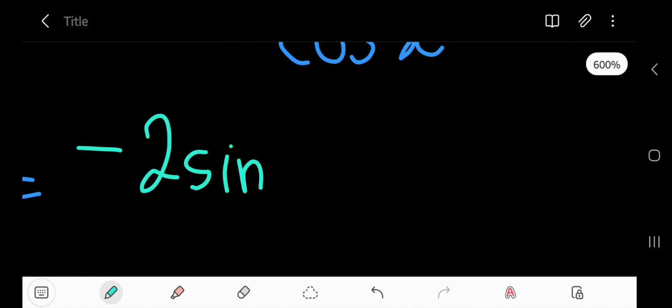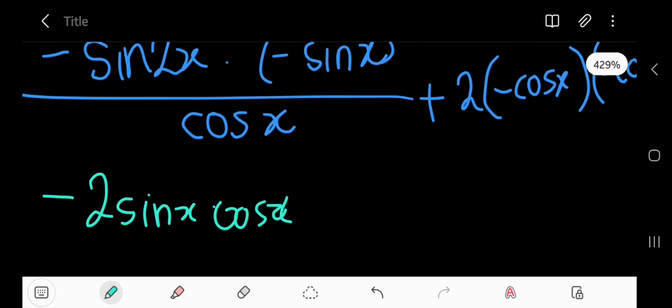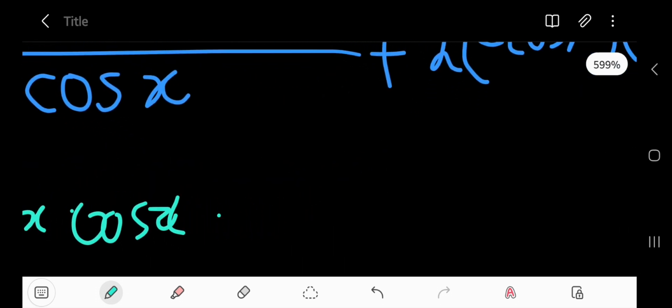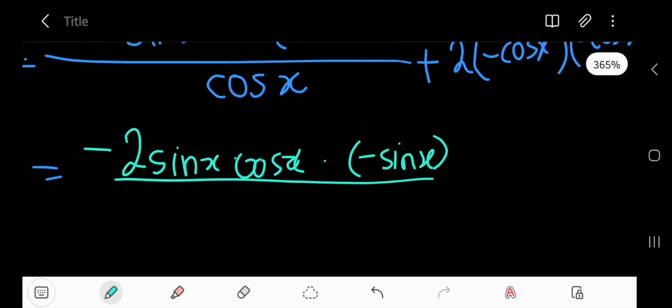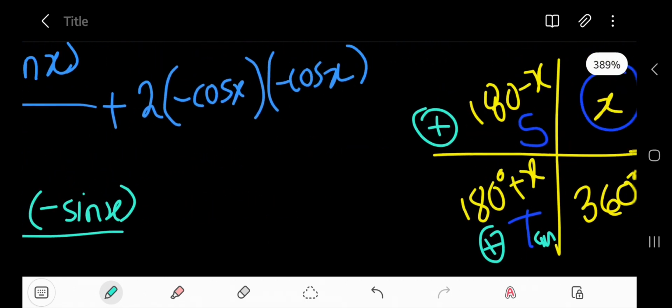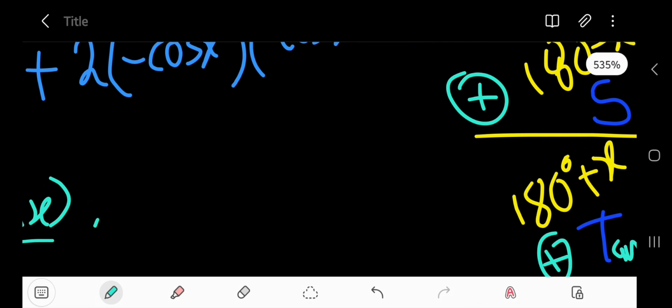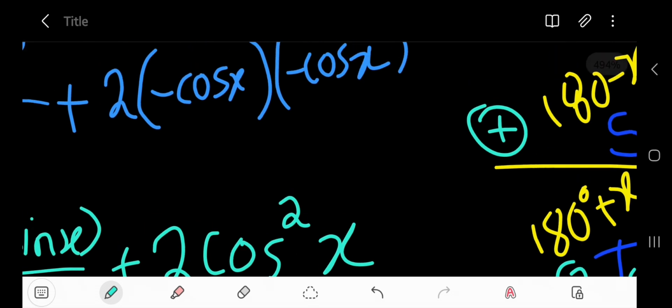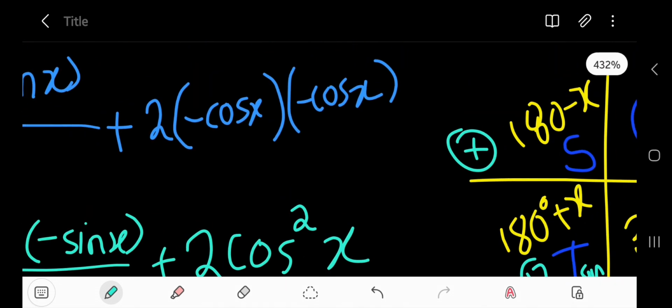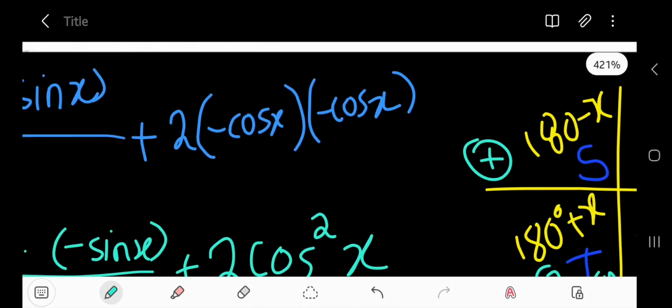sine x multiplied by cos x. Okay? And there we have multiplied with negative sine x still. Okay? And then in the denominator, there's nothing we can do there, right? Which is just cos x. And then what we realize, it's plus 2 cos squared x. All right? Because it's cos x times cos x, and negative times a negative gives us a positive cos x,